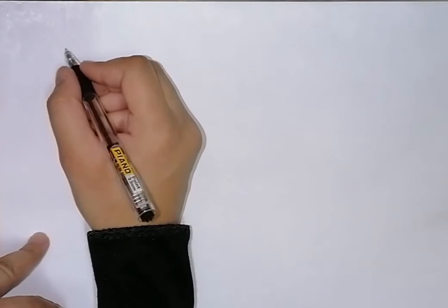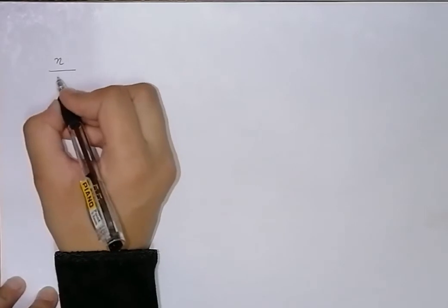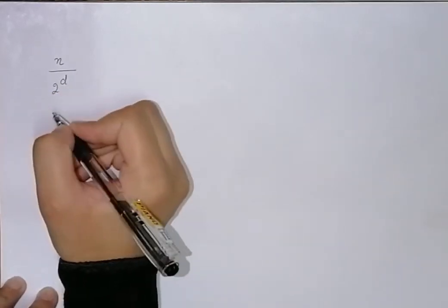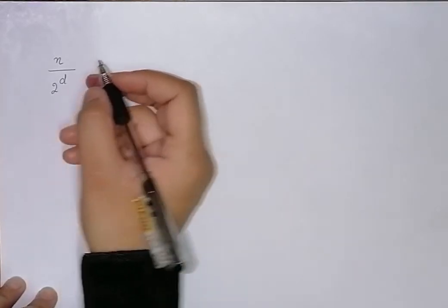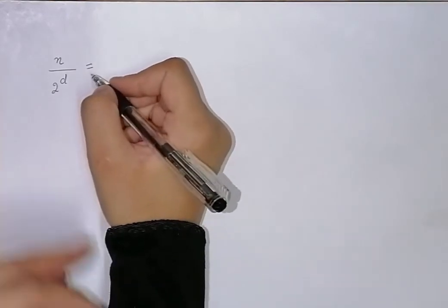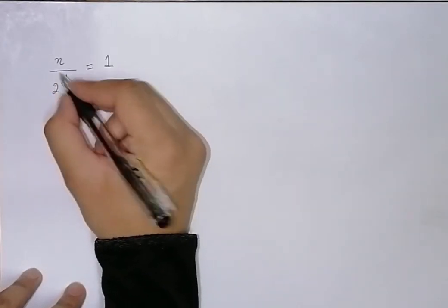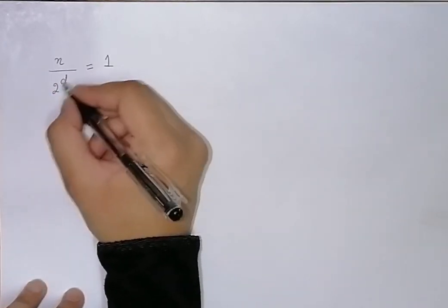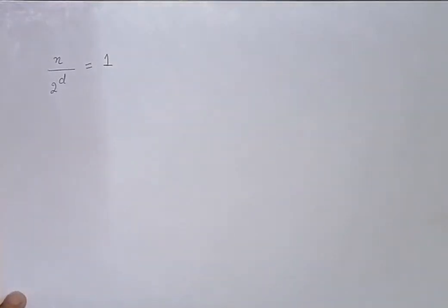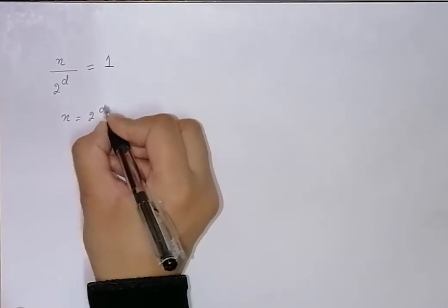In order to figure out the value, n represents the total data set, and at every level the total data set is divided by 2 power d, where d is the depth, or the level at which we are. So in order to calculate the depth, we determine when the recursion ends. When the size, n divided by 2 power d, becomes 1, that is the last stage. Here I'll do the cross multiplication, and I'll receive n equals 2 power d.